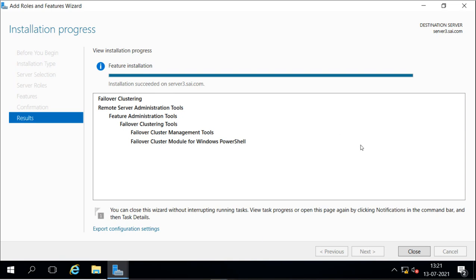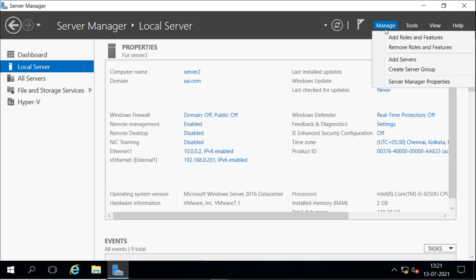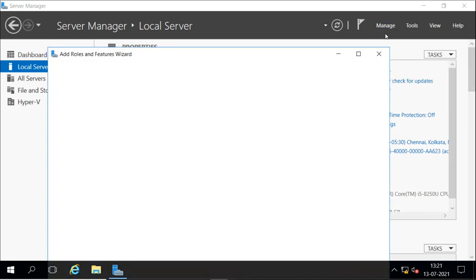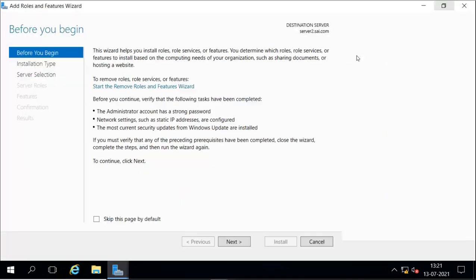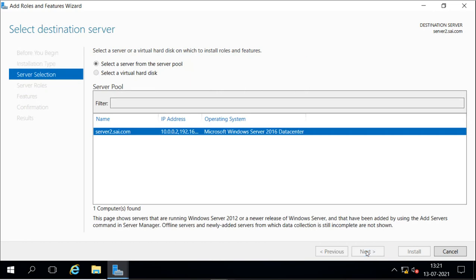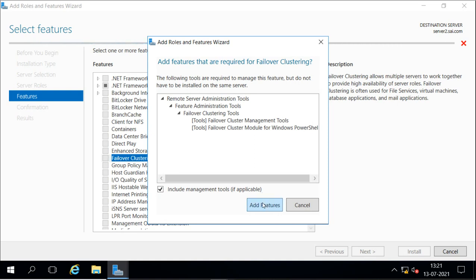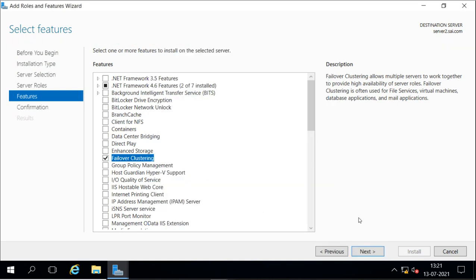Okay, it is done here on server 3. So I will go to server 2 and also install the same features. On server 2, manage, add roles and features. And select this, including the management tools.